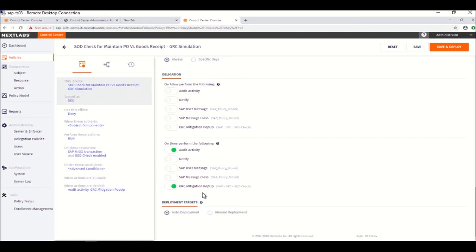So we have control and configuration to define what the mechanism should be to inform the user, whether it is a simple SAP message like you display at the bottom of the bar, or a pop-up that shows up in a separate window. Here we have chosen the GRC mitigation pop-up, and that's why it shows that particular pop-up in the scenario. So in this way,